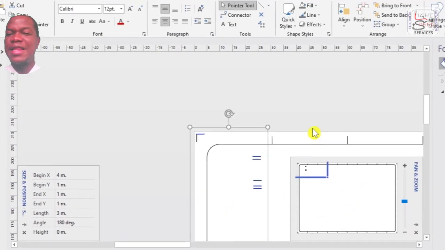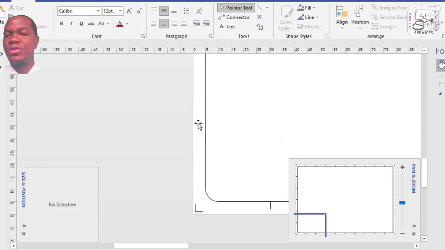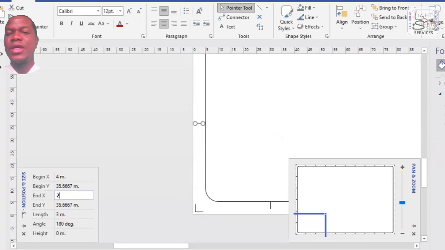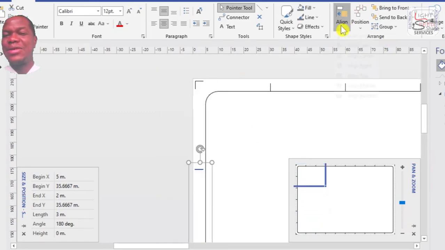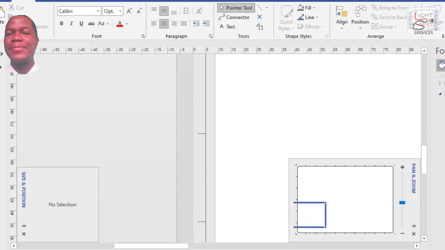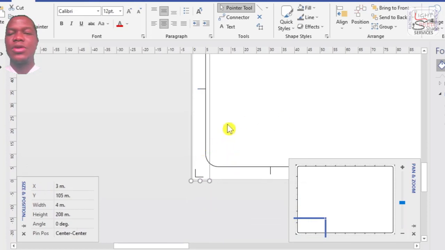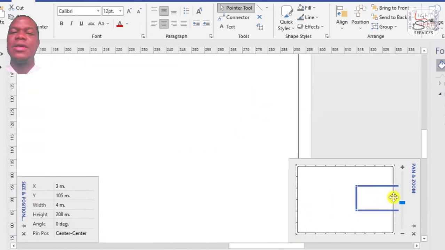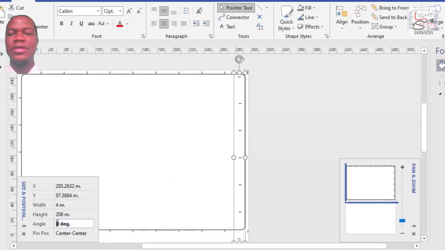So the same thing we did. I'll show you another method of aligning. You select the 2 bars, then you go to align and click align left, then you distribute vertically this time around. Then you position only one, you select it, then select the rest and say align right. All right, so that does the trick. You select all of them, group and duplicate. Okay, copy, go to the other side of the page, paste and rotate. Make the angle 180 degrees and you're good to go.